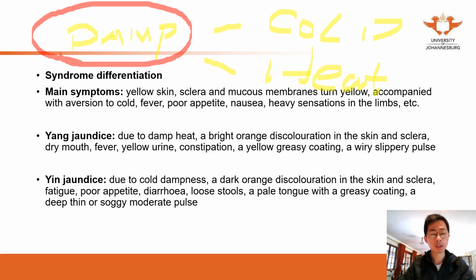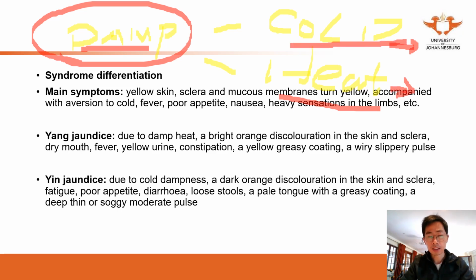But this dampness, once it affects the organs, such as the spleen and liver, can be transformed into damp cold or damp heat. If damp cold, your treatment principle will be to warm. If damp heat, your treatment principle will be to clear the heat. For damp coldness, the treatment principle will be to clear the dampness and tonify the spleen. So that's very different because of the